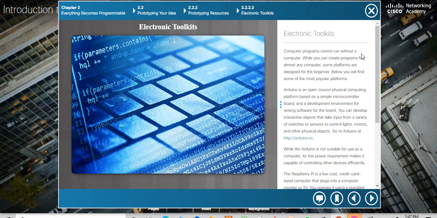Electronic toolkits. Computer programs cannot run without a computer. While you can create programs for almost any computer, some platforms are designed for the beginner. Below you will find some of the most popular platforms. Arduino is an open-source physical computing platform based on a simple microcontroller board, and a development environment for writing software for the board. You can develop interactive objects that take input from a variety of switches or sensors to control lights, motors, and other physical objects. Go to Arduino at